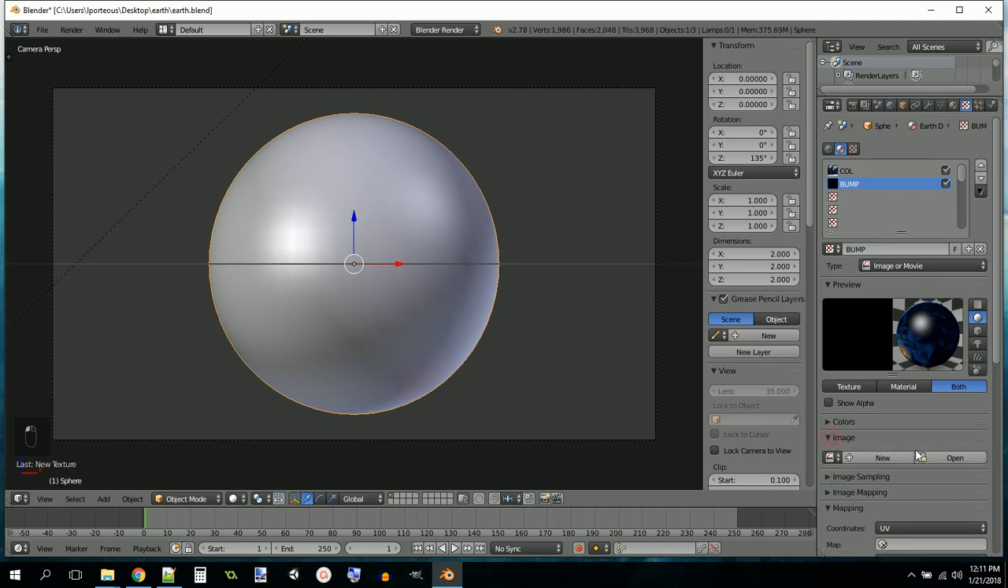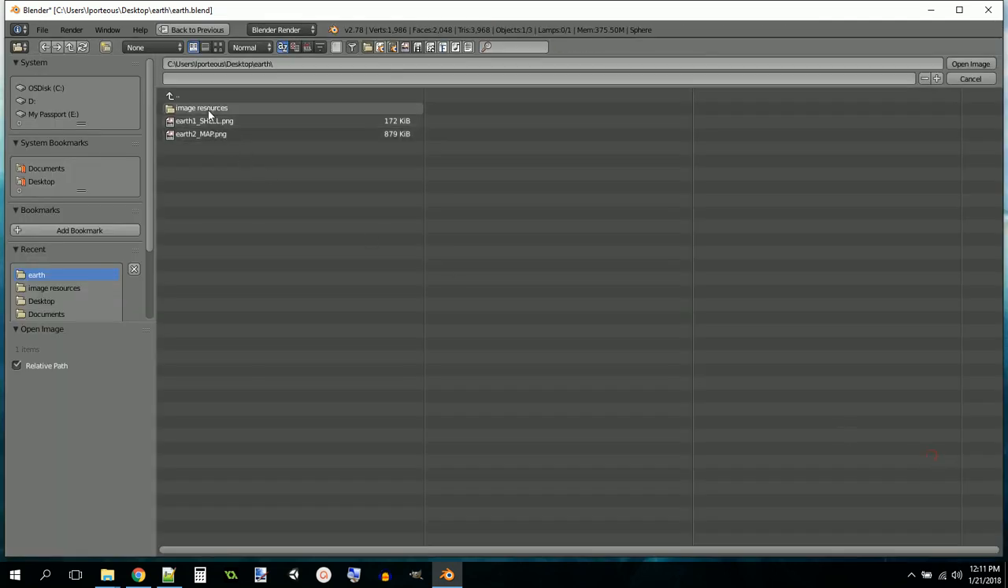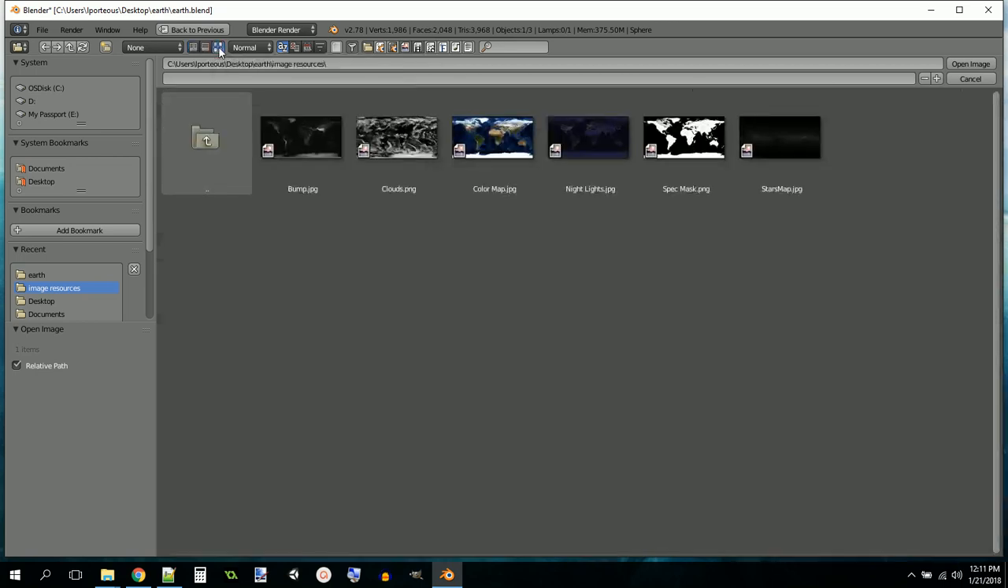And for the image, we'll click open and go into image resources, and it forgets that we wanted to look at thumbnails, which is a bit annoying. So just select the bump map for that one. This one has white for high mountains and black for the ocean, and so that's how it distinguishes between high and low. We're going to open that image up,